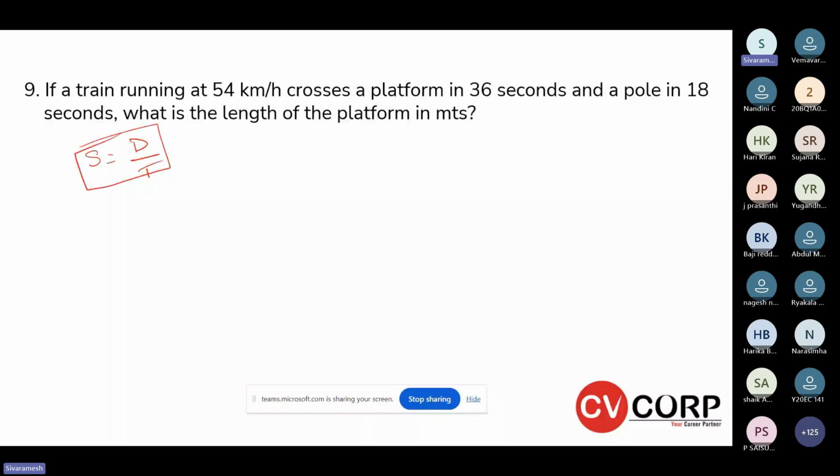Obviously, when trains are crossing a platform or a pole, the pole will not have any length. We should consider the platform length. So here they are talking about,